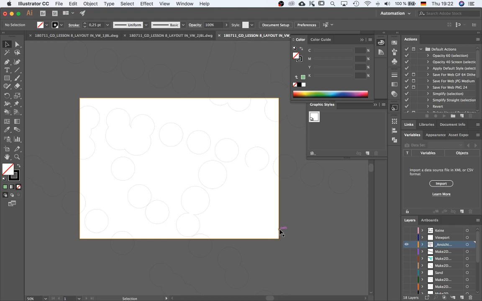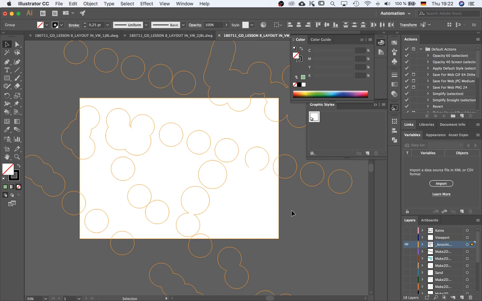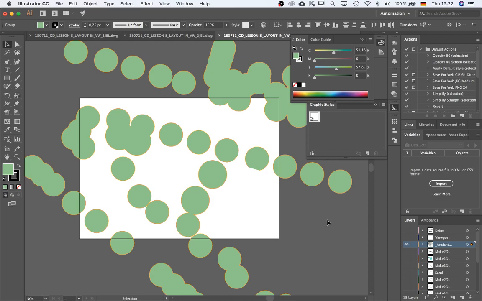Sometimes on your layers you'll have like a viewport on each layer. So if you select everything, it'll also select that viewport. So when you fill everything, it'll also fill the viewport. So you want to actually deselect that layer. To deselect anything in Illustrator is just Shift, left click. I'm going to recolor them with that color. In this option, it remembers your last color selection. So if I want to get rid of that fill, I can just select none. If I want to refill,